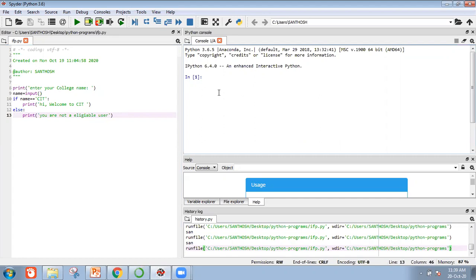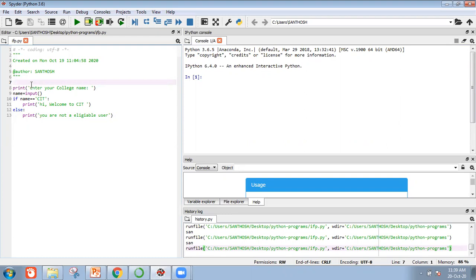For writing a program, in your Spyder IDE, in this workspace, you have to type your program and then save it. How did you save your C programs? Using the .c extension, Java programs using the .java extension, and C++ programs using the .cpp extension.